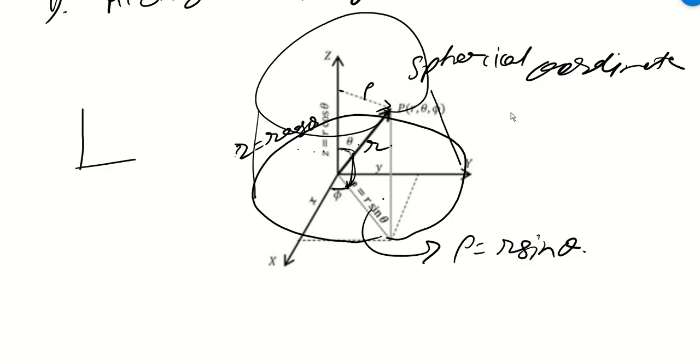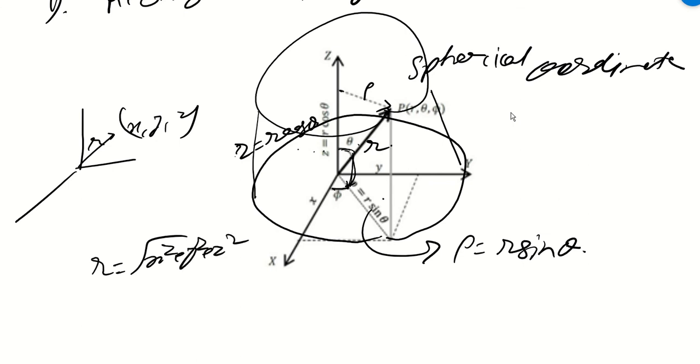Suppose you have a coordinate system like this and put a point x, y, z, then you immediately see what is the radial distance r. So it will be root under x square plus y square plus z square. Then what is the angle made at this particular point, theta? So you can tell by yourself what is this value, z, and what is this value. So this is basically a square root of x square plus y square. Okay, and theta can be directly cos theta will be what, z by r. So theta can be cos inverse z by r.